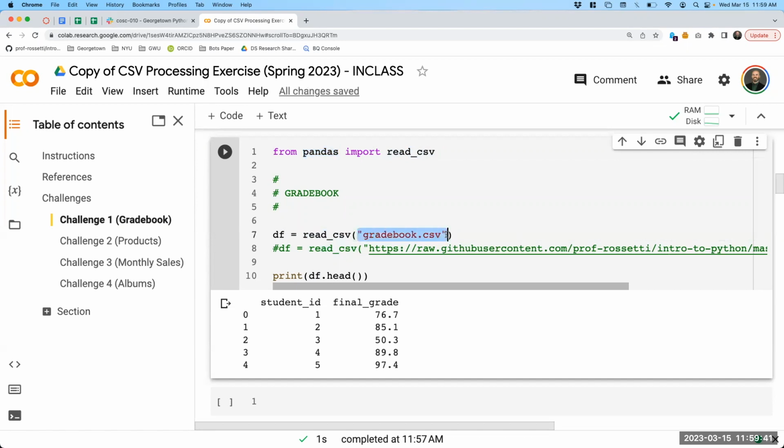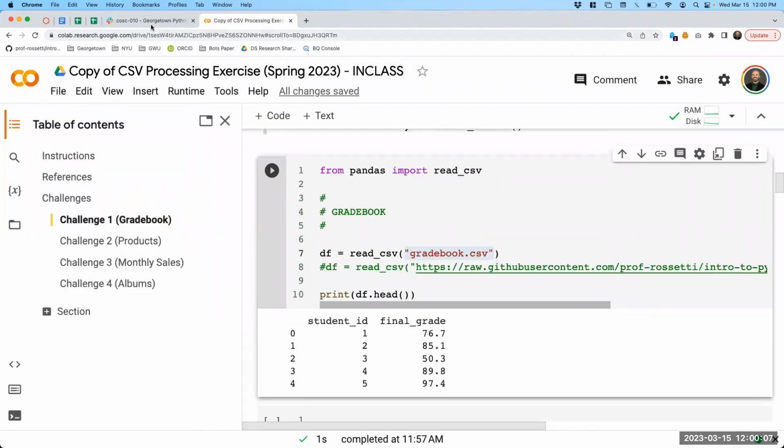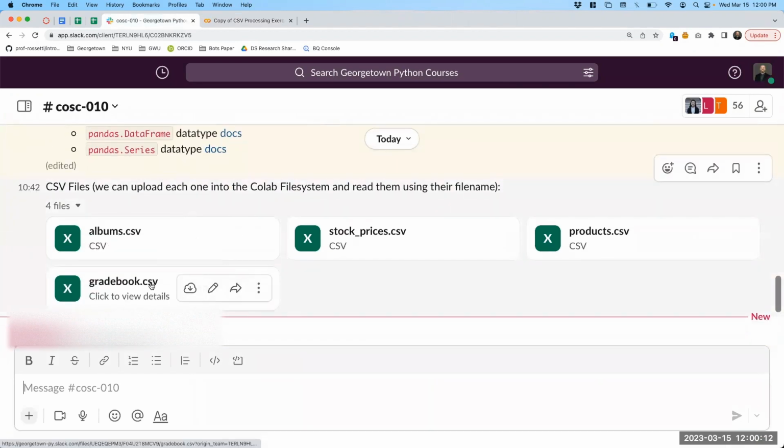Well, it's called gradebook.csv. This will work only if the file is in the same place as your program. So when you're developing locally, you'll need to have that CSV file next to your Python program. And when we're developing in Colab, we'll need to upload the CSV file into the Colab file system. So that's probably the most popular way that we would do this. So we could take our gradebook file that I shared with you, gradebook.csv. If we download that from Slack,